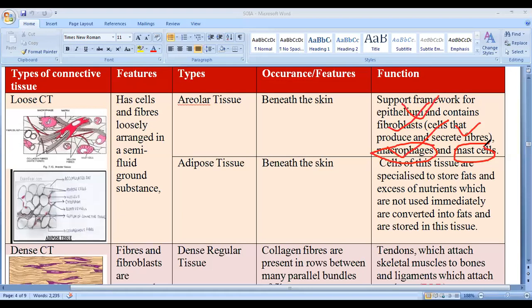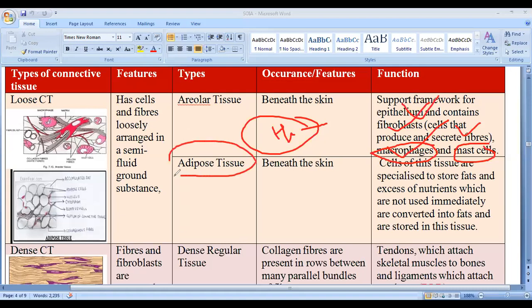Okay, and next they have the mast cell. Mast cells secrete a substance known as histamine, and histamine acts as a blood vessel dilator, that is a vasodilator. Mast cells generally secrete histamine, and they also have some cells which secrete serotonin. Serotonin acts as a neurotransmitter, and it is also involved in vasoconstriction. So serotonin also acts as a vasoconstrictor.